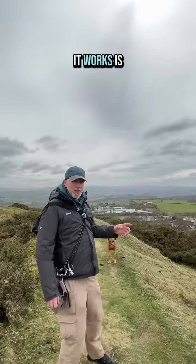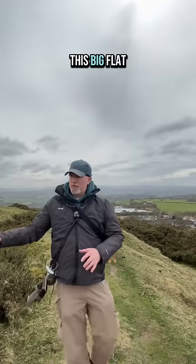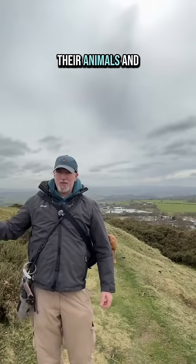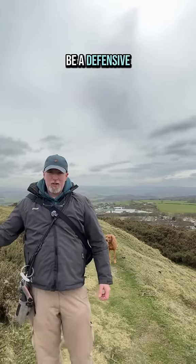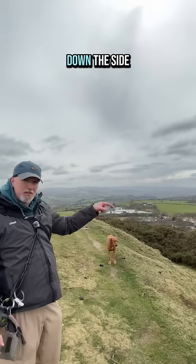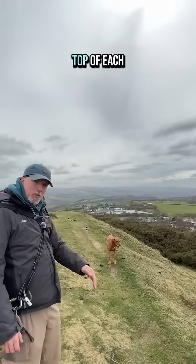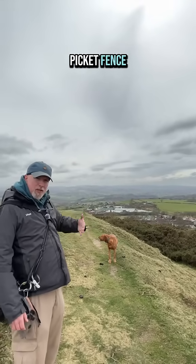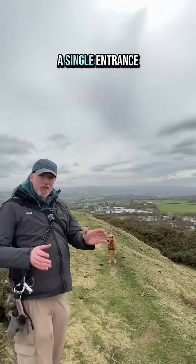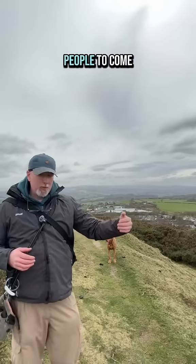And the way it works is they would have this big flat area at the top where they would have a roundhouse, and they'd keep their animals, and people would live here, and it would be a defensive area. And then these banks were built in rings, concentric rings going down the side of the hillside, and at the top of each one would be like a big picket fence, big stakes driven into the ground making a big wooden fence, and there'd be a single entrance to the north that would allow people to come in and out